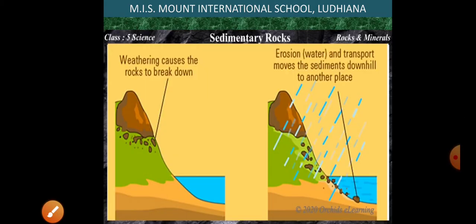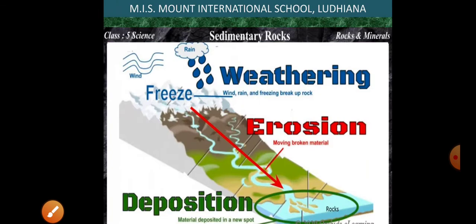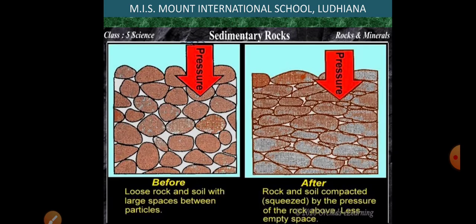Now, the second type of rocks are sedimentary rocks. Now, how are the sedimentary rocks formed? Rain, wind, and rivers flowing down the mountains wear away the rocks or mountains. The rocks which are present on the mountains are taken downstream by the rain or by the river which is coming down the hills. Now, because of this, these rock particles are carried down and deposited, and this repeated deposition presses down the lower layers and hardens them into rocks.